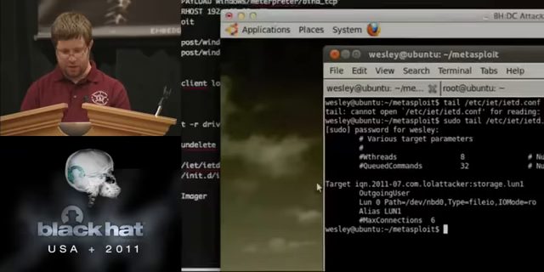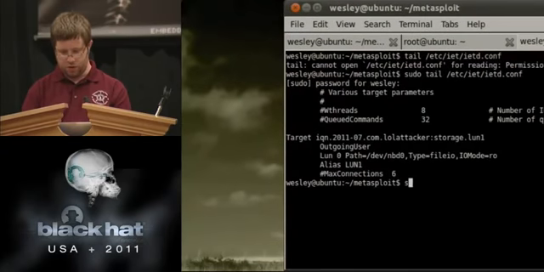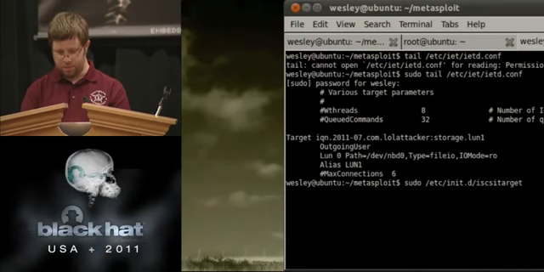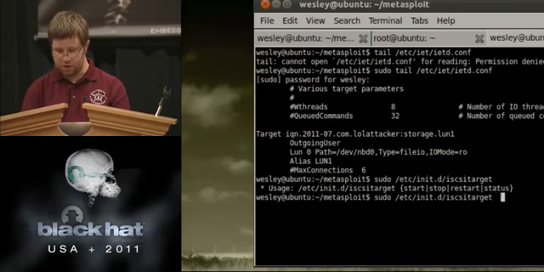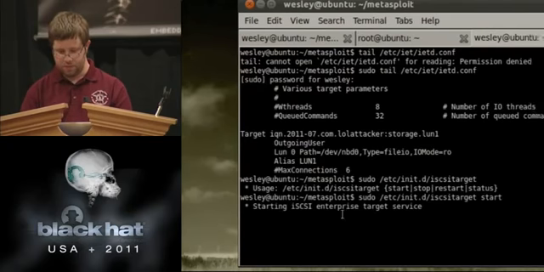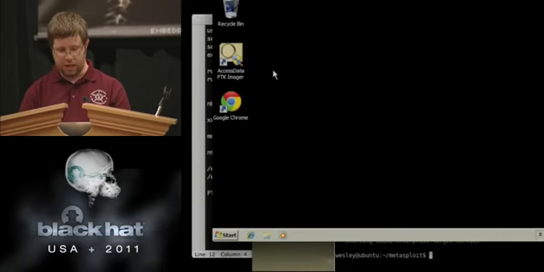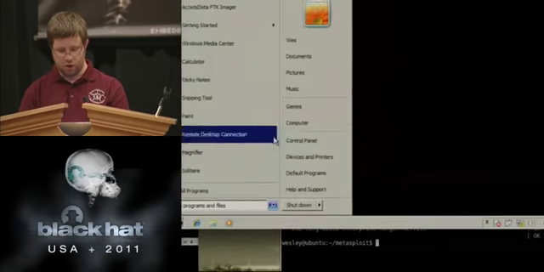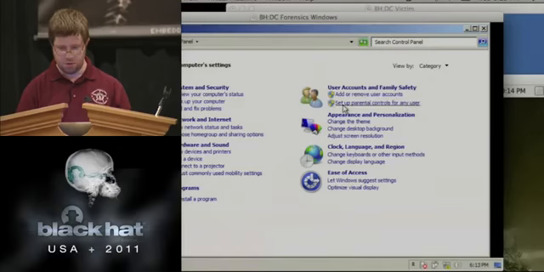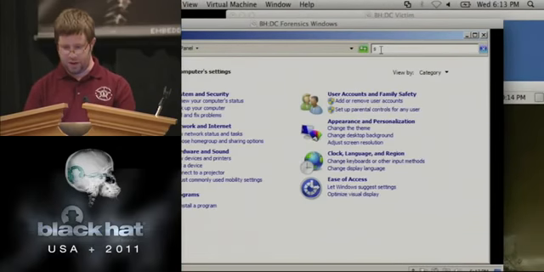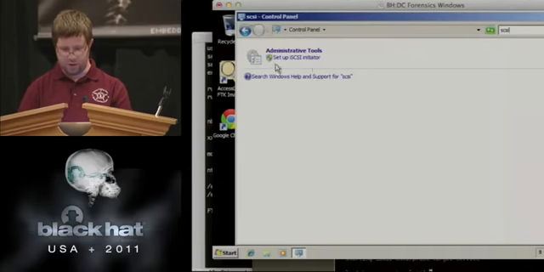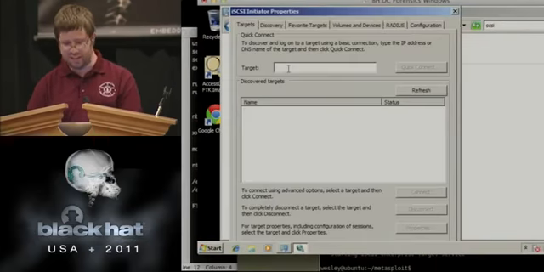So on this side of things here, we're going to sudo into /etc and start up the iSCSI server. iSCSI target start. And that doesn't take long. Now on the Windows side, we can go to our control panel, and I have no idea where it is in there, and I always just wind up doing the search to find the iSCSI initiator.